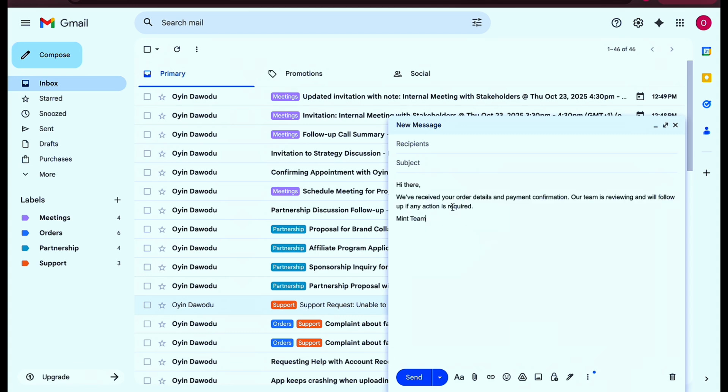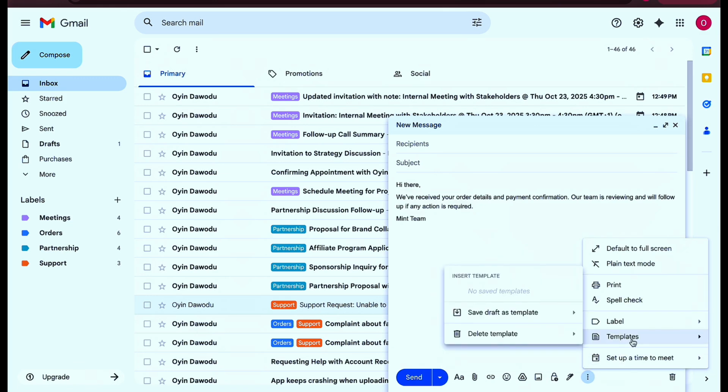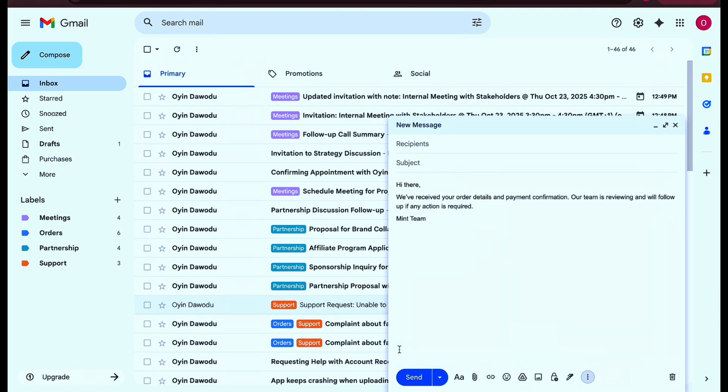You might skip the subject because it's going to be a response. So you can just click on these 3 dots at the bottom panel. Once you click on it, you are going to find templates. Once you find templates, you can say save draft as template. So you might need to create a new template and save this particular one that I created as